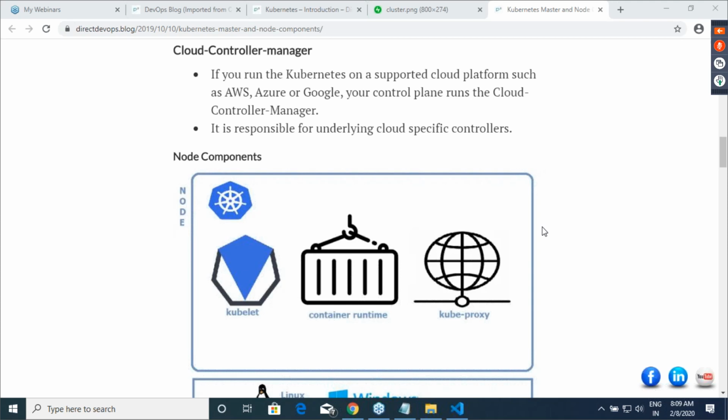So for example, he said, I want to run 3 containers. So your desired state in etcd is stored as 3. Now in reality, you have only 2. But what is the master's responsibility? To ensure actual state is equal to desired state. So every piece of information about your Kubernetes is stored in the etcd cluster.